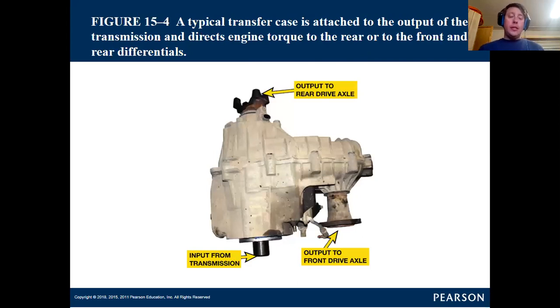So, componentry that's necessary in order to achieve four-wheel drive. You still have an engine, you still have a transmission, but you must have the addition of a transfer case. A transfer case, simply put, is a unit that allows power to be taken off in two different directions. So if you look here in the picture,